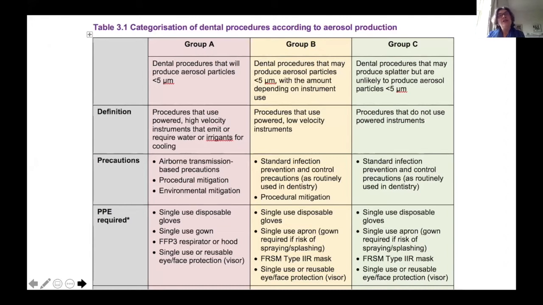And I think maybe just like a graffiti artist who puts up something surprising, I think our definitions around what was an AGP of risk within the pandemic surprised people. And as you can see here, the ones likely to be a potential risk, we did not include the 3-in-1. It did include the high-speed drill and the ultrasonic.